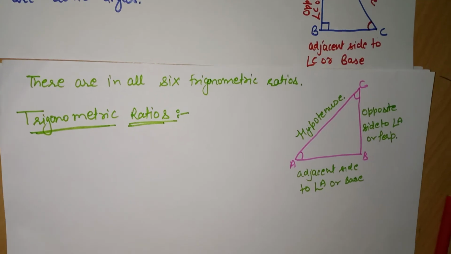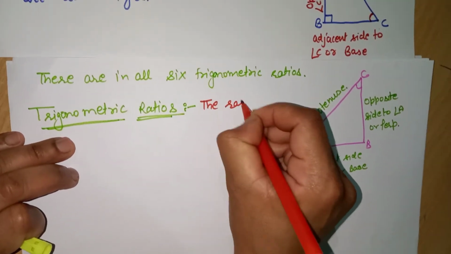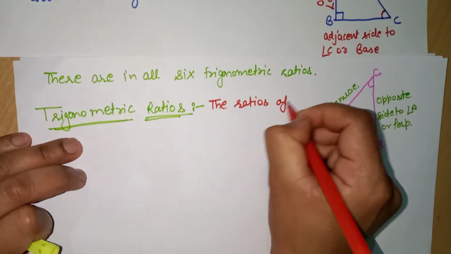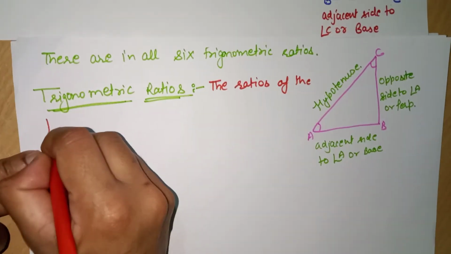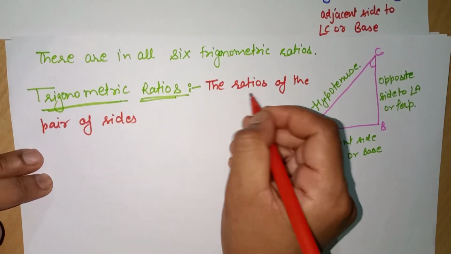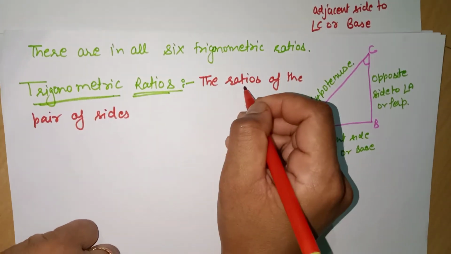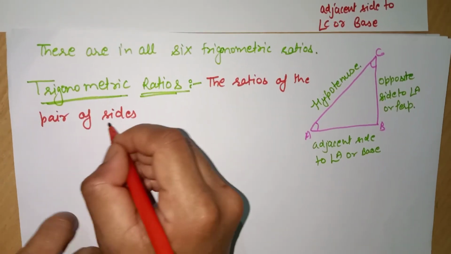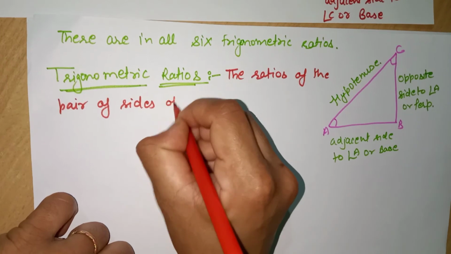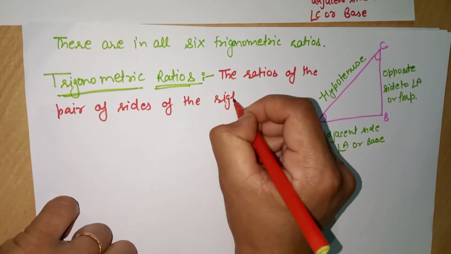What are trigonometric ratios? The ratios of the pair of sides. Ratios means the sides in division. The ratio of the sides of the right angle triangle